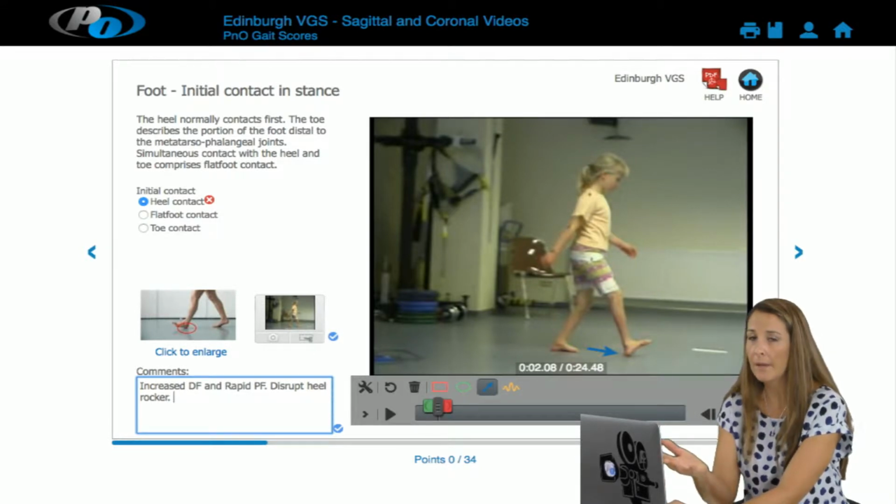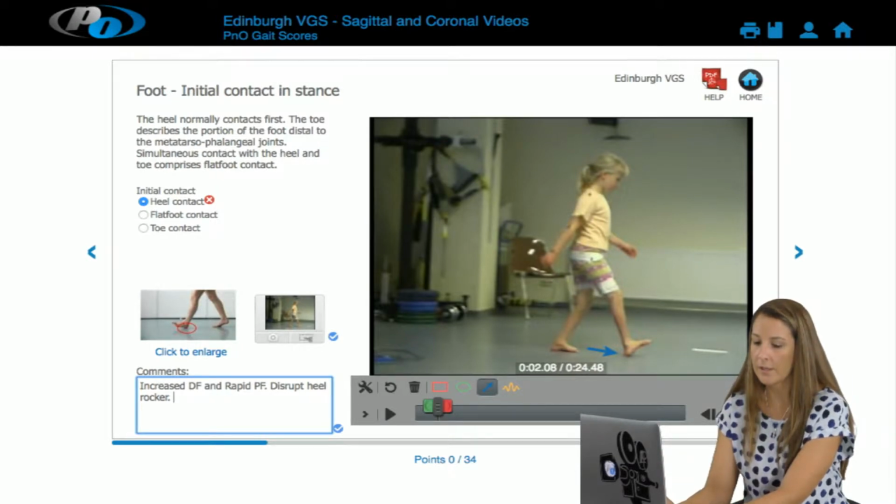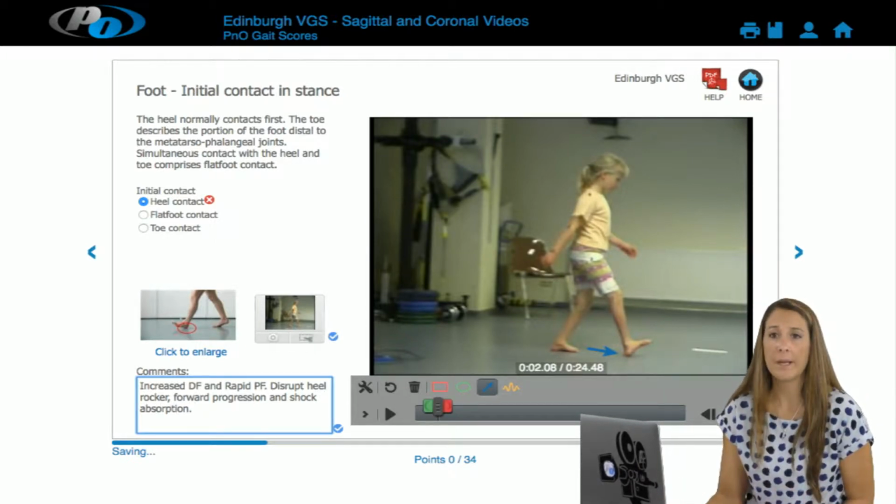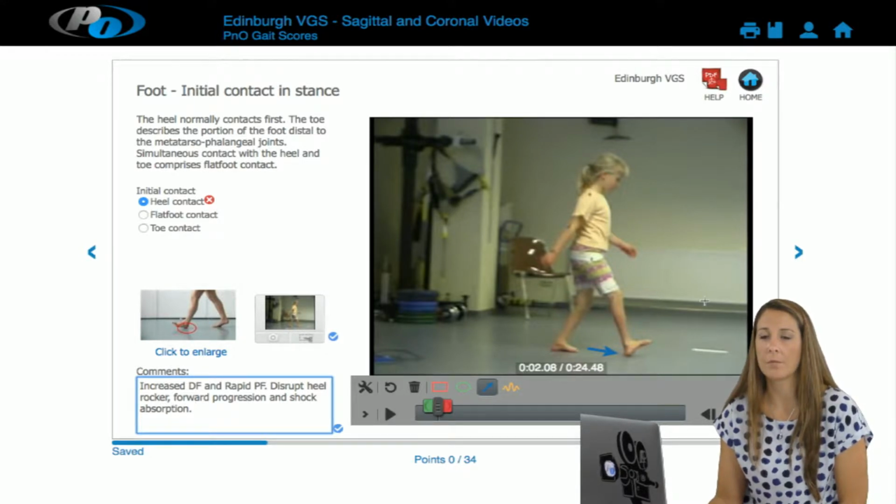And if you have something that you think you can do to address this issue, then you can do that as well. So it's going to disrupt her heel rocker, her forward progression, and shock absorption. Now that's a very thorough report, but just an example for you guys to think about. Okay, so